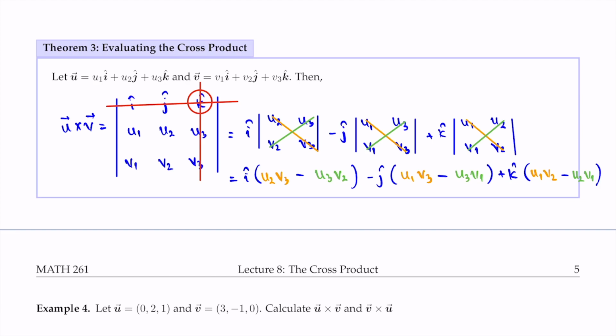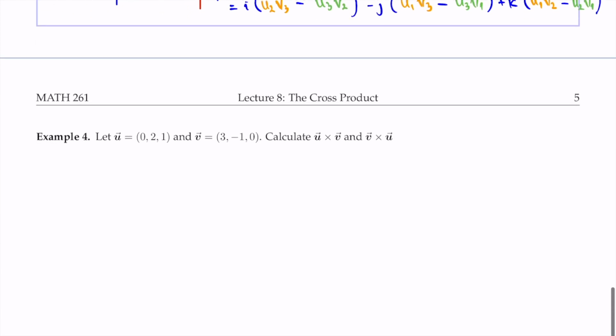We're going to apply this formula or this technique on some examples. So let's move on to example 4 here. You are given two vectors u and v, given that u is equal to 0, 2, 1, and v is equal to 3, negative 1, and 0. So I'm going to perform the calculations to obtain the components of the cross product u crossed with v and